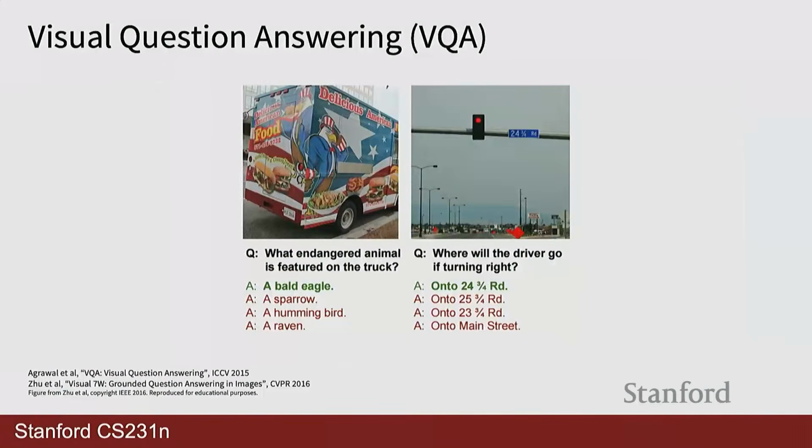Okay, so for visual question answering, this is another really common task where RNNs were used. And there are two formulations for visual question answering that were commonly used. One is to basically say you have a captioning model, and you want to see how well it could answer questions. One thing you could do is to give it this question and then have it output text and look at the probabilities of each of the answer sequences. So you have a probability for each character or token, and you could multiply them together to get the probability of the overall answer. This is one way you could use one of these RNN style models to do